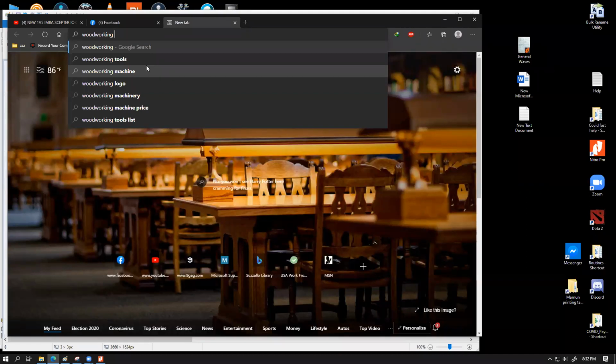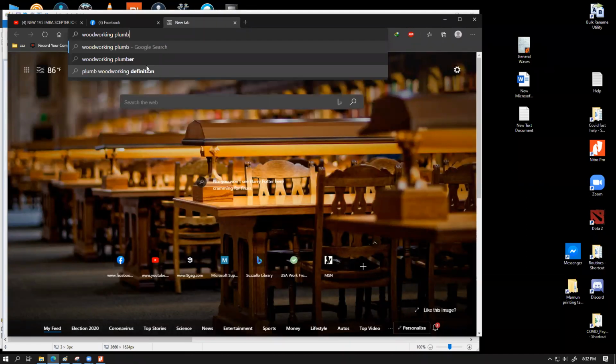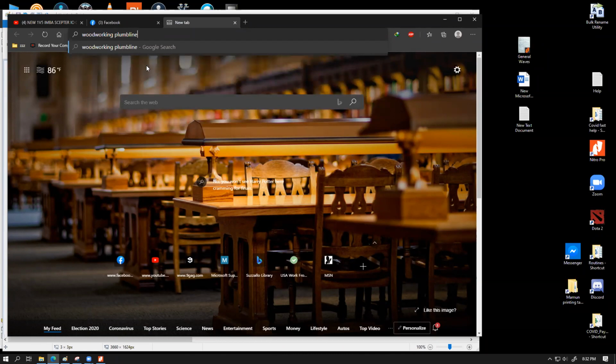Woodworking plumb line. Actually, this will be a masonry plumb line. I was looking for